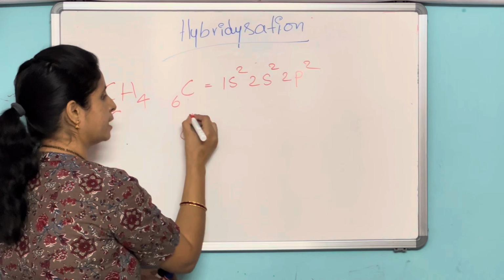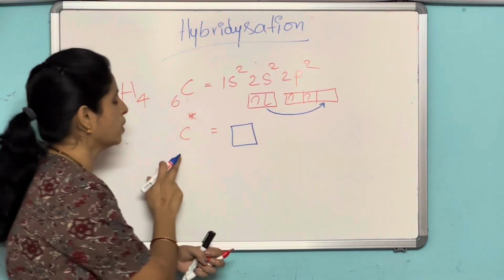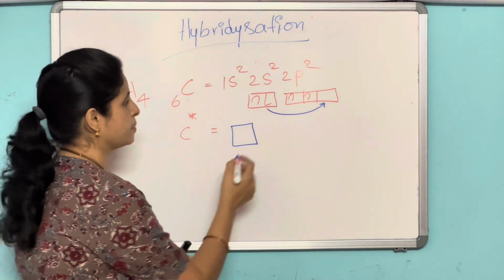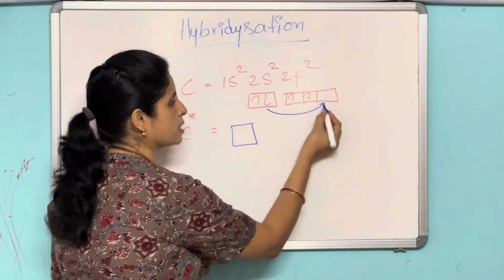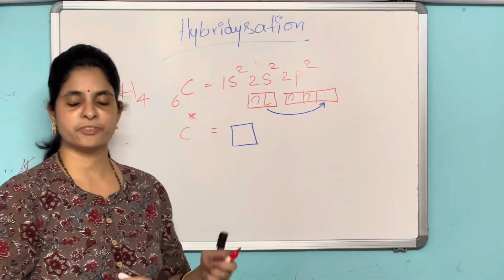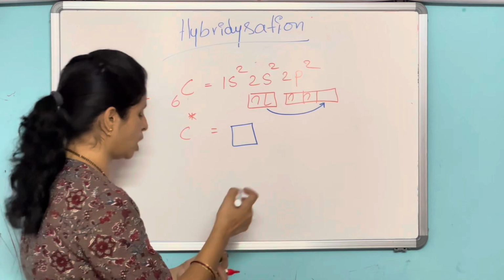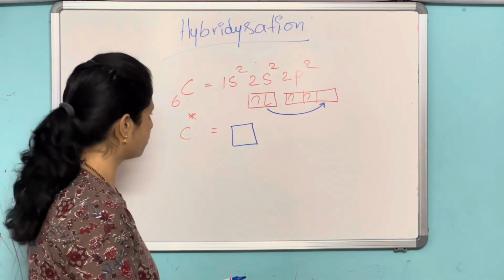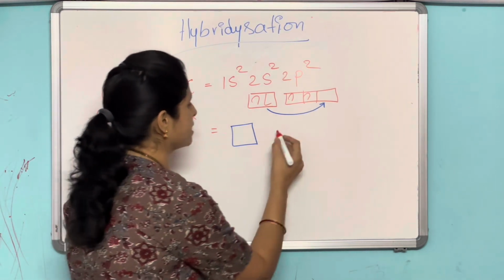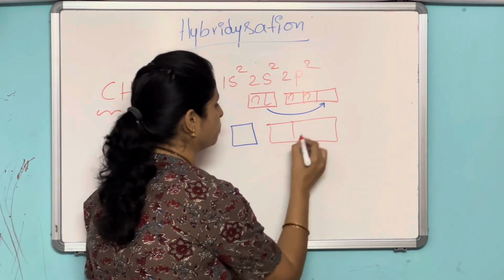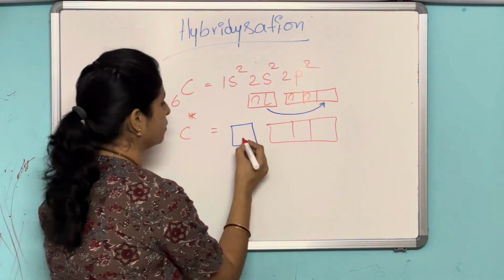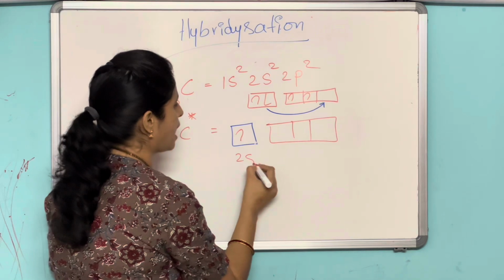And carbon in the excited state. Carbon in the excited state means the electron from the 2s orbital will jump into the 2p orbital. Now, write down the electronic configuration when the carbon is in the excited state. So here it is one electron in the 2s and here